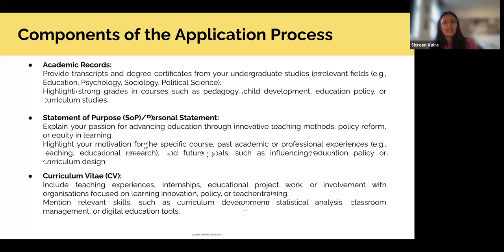My point being, it doesn't really matter what background you have previously in your undergrad to apply for a degree in education. In some fields, you need that alignment. Like for an English master's, you probably should have an English undergrad, from what I know. But in education, it doesn't really matter. As long as you're doing decently in whatever it is that you're doing in your undergrad, it should be fine.